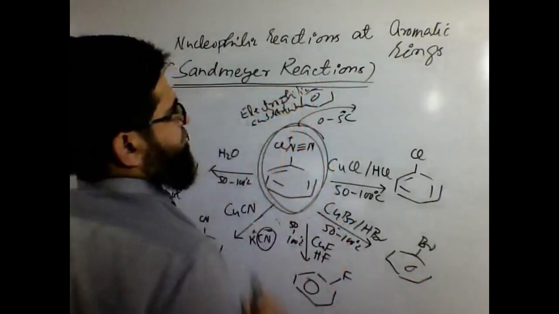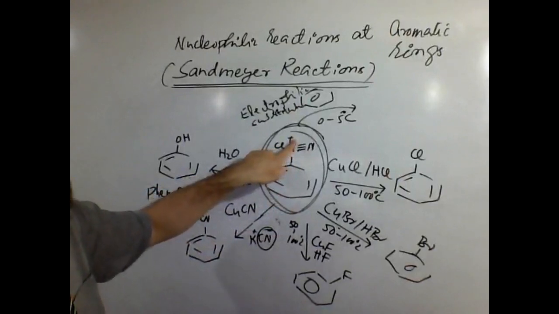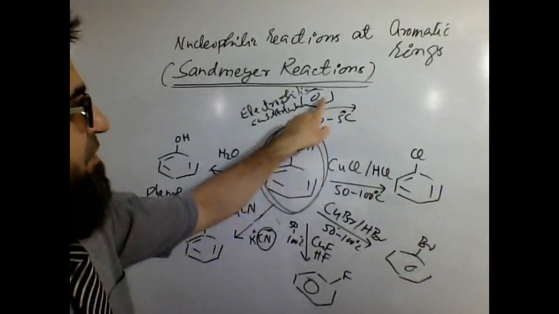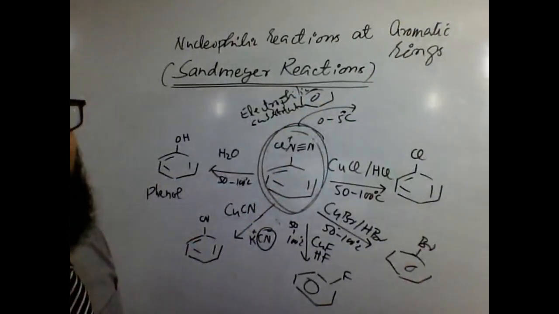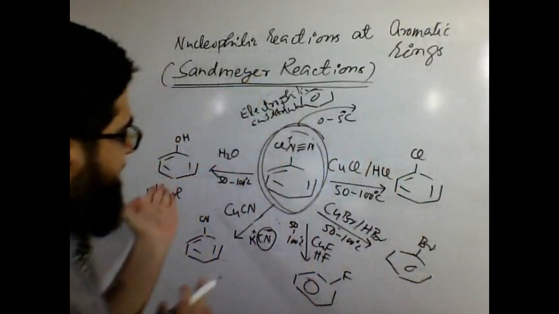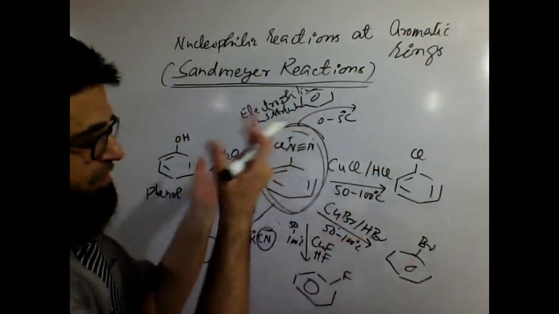Electrophilic substitution, where this will act as an electrophile. This positive charge moves over here, and this nitrogen attacks at one of the carbons of the benzene. So electrophilic substitution happens there. However, in the other case, if we allow the temperature to rise,